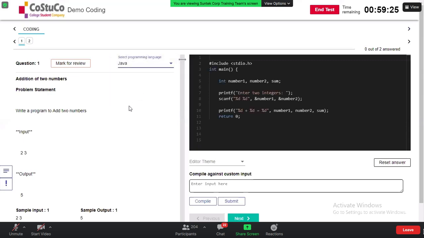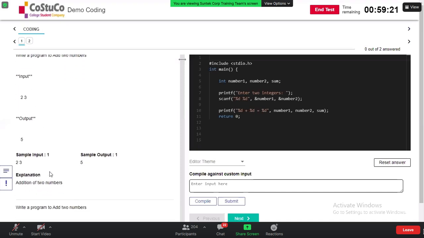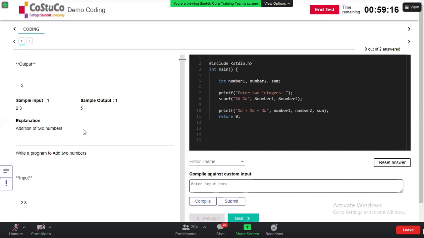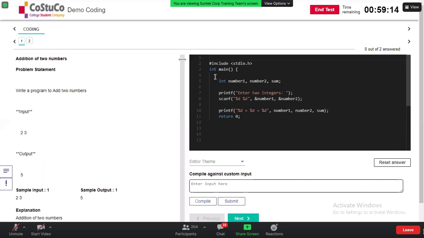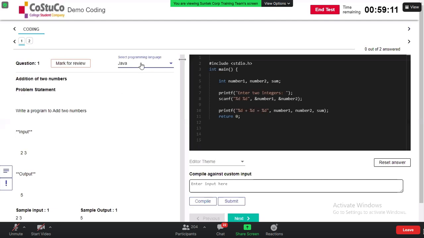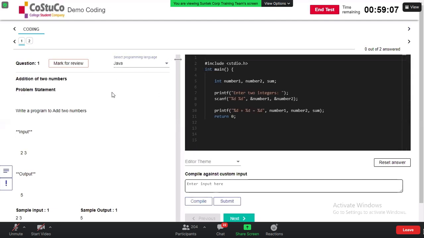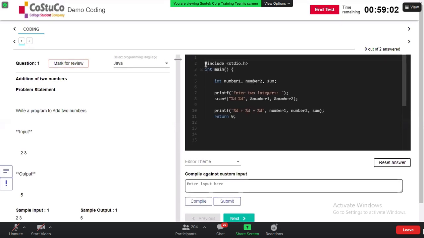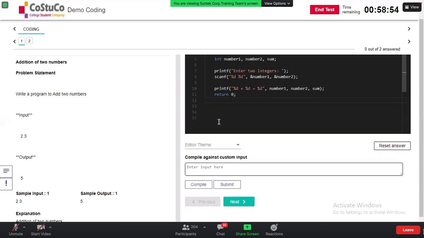For Java, there are certain instructions. Make sure that you read the problem thoroughly. Addition of 2 numbers, the input, output, and the explanation also is given here. And this is the question part of it. On the right hand side, you will have the window. If you want, you can enlarge this window like this, and there is some snippet already present here. The header part of the snippet and the footer part of the snippet is present here, and wherever the logic is missing, you have to write your code.